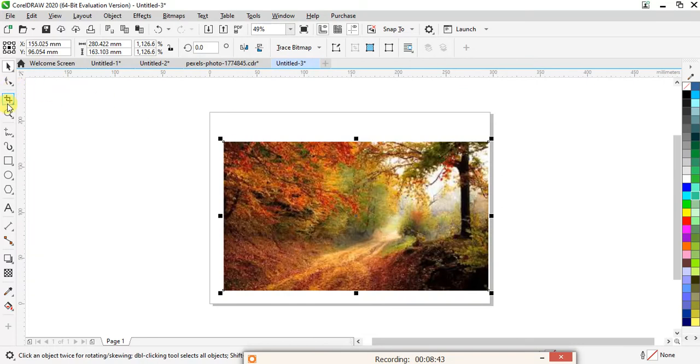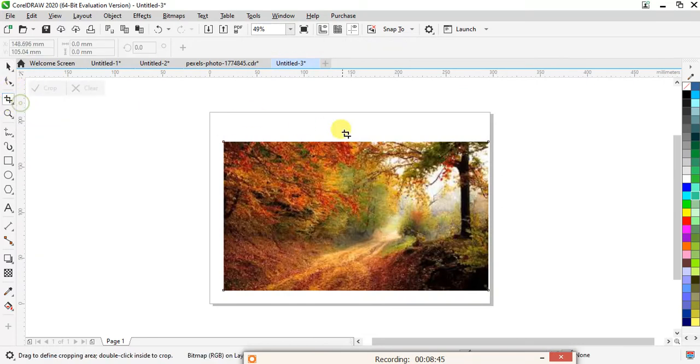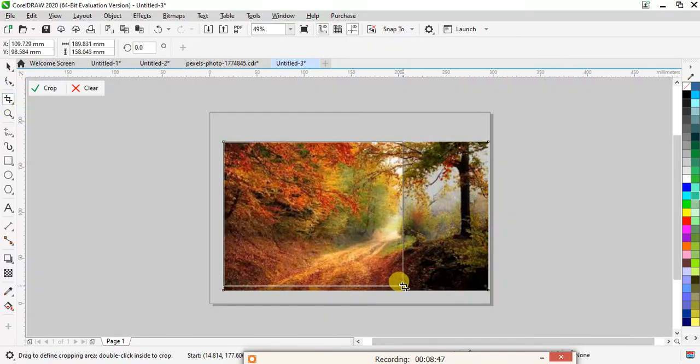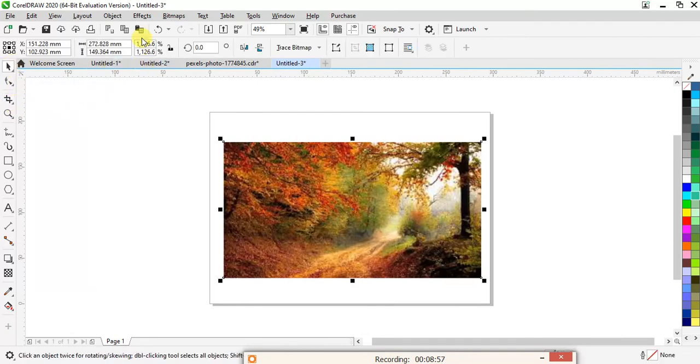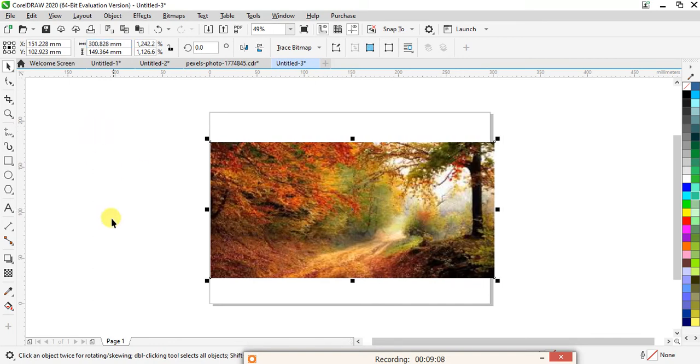For cropping, you can take your crop tool and crop as much as you want, taking one part as a crop. And you can also resize your image by clicking on it. You can resize from here. What size of the image do you want? Let's say, for example, 300. So what does it do? It only increased its width.